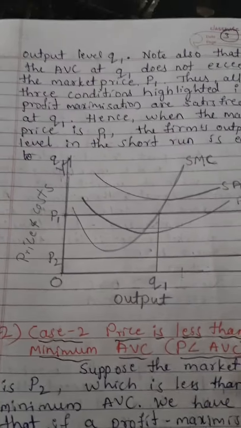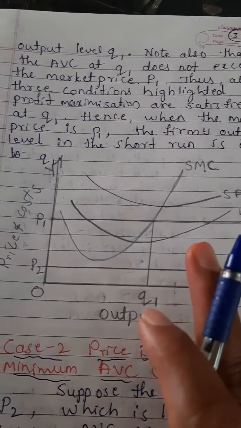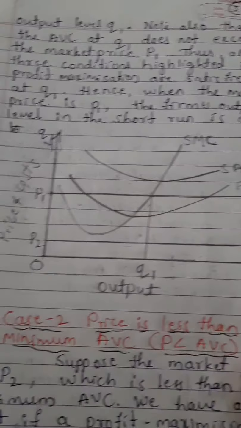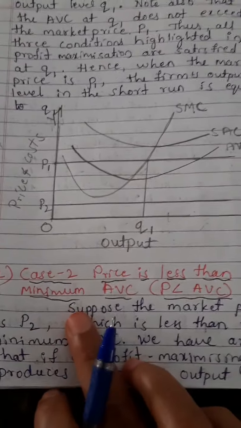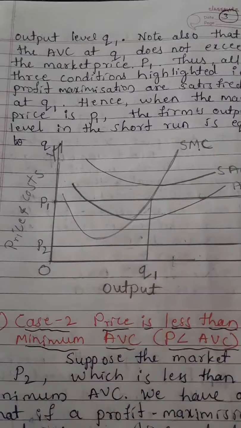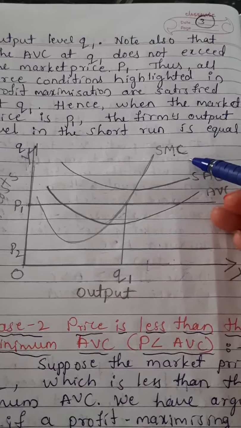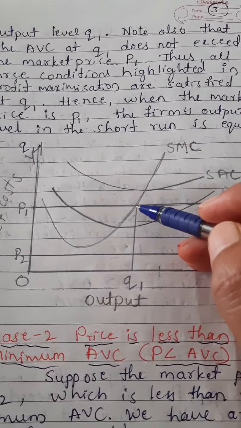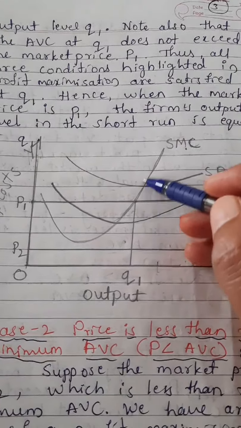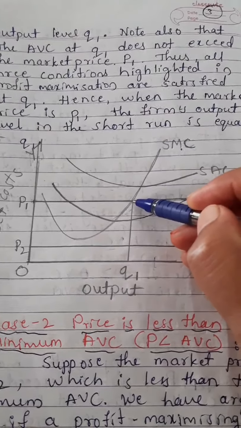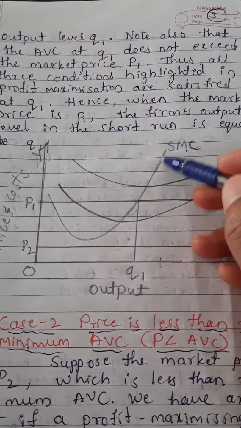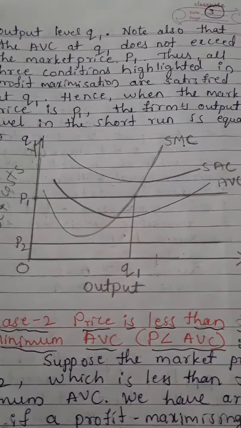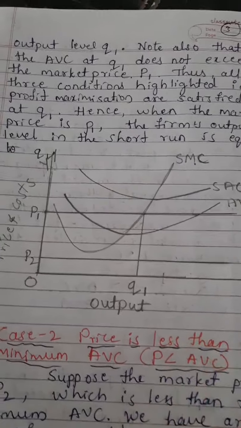Same thing, this one is the short period supply curve. This one is the supply curve. Now which supply curve do we observe? In case number 2, which do we call the supply curve? Half of the marginal cost curve. The marginal cost curve is called the supply curve. From this point to this point, to the intersect point, this half of the marginal cost curve is called the supply curve of a firm.